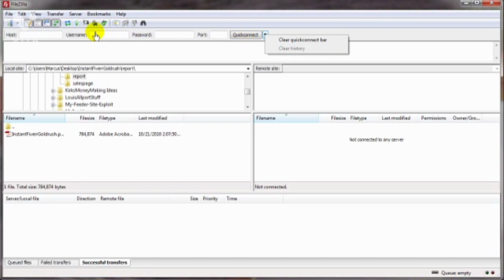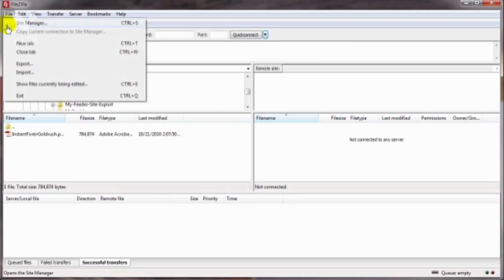Likewise, if you have multiple entries in here, maybe you've got several different domain names and you use the Quick Connect for all of those servers, then you'll see an ongoing list here of all the servers you've connected to. Again, just select the one you want, click on Quick Connect, bing, bang, boom, you're there. Another way, and what I consider more of a permanent way, is come on up here to File,